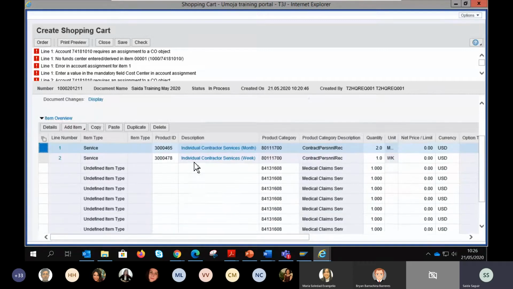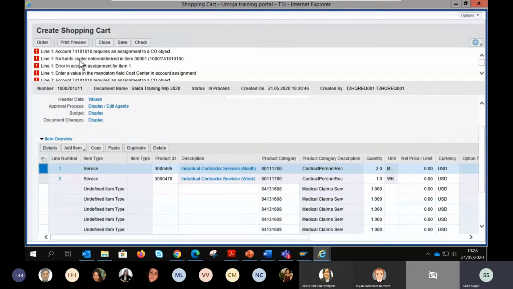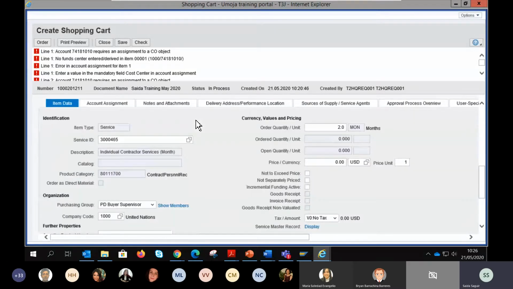Once you have the line items, you will need to answer, as we can see there in the warnings, you need to insert certain details. So to do that, you select the line item needed, and you click on details. And there, the most important, the first thing that you will need to insert is the purchasing group. You need to select which purchasing group is in charge of this,